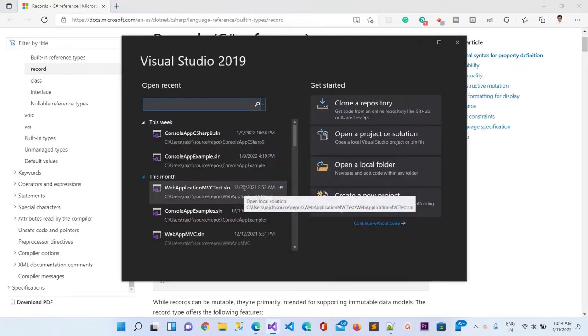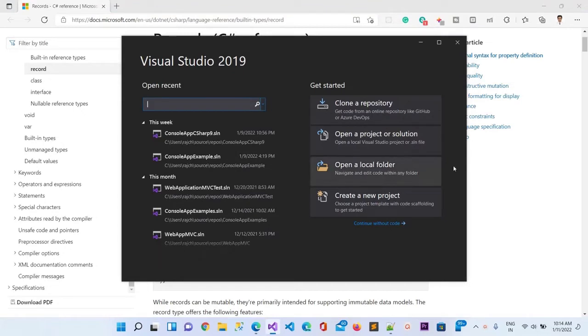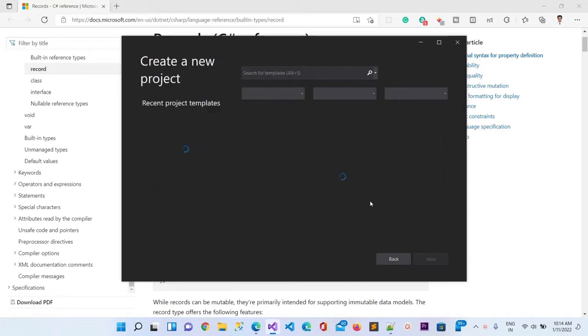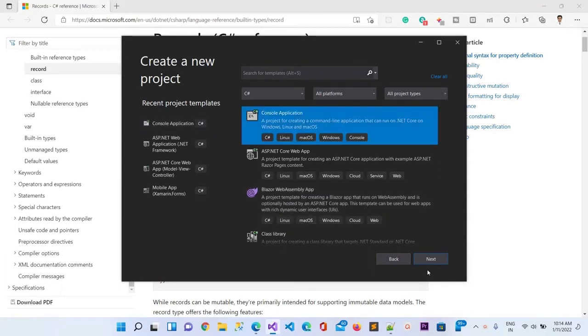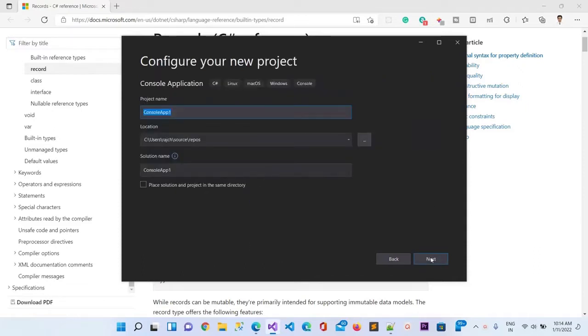So let me go ahead for the demonstration. To do that, let me first create a project. I will click on create a new project, and here make sure to choose C# and .NET Core 5. I will only create the console application and click on next.